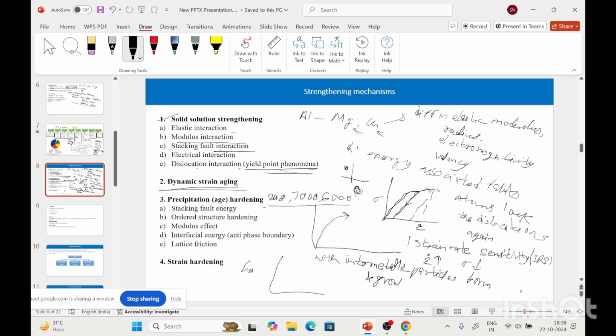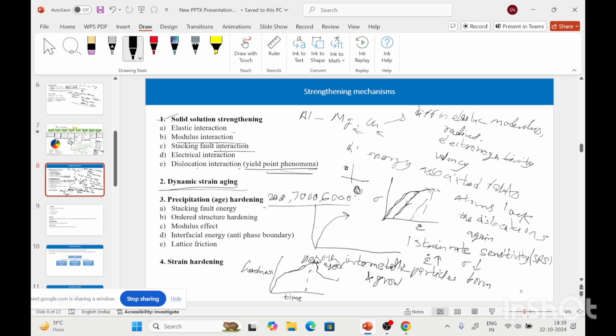Hardness is generally measured during the aging process, and the strength can be correlated with the hardness. So with time the hardness increases and reaches a maximum hardness for a particular time and for a particular particle size. So this is the peak aged condition,